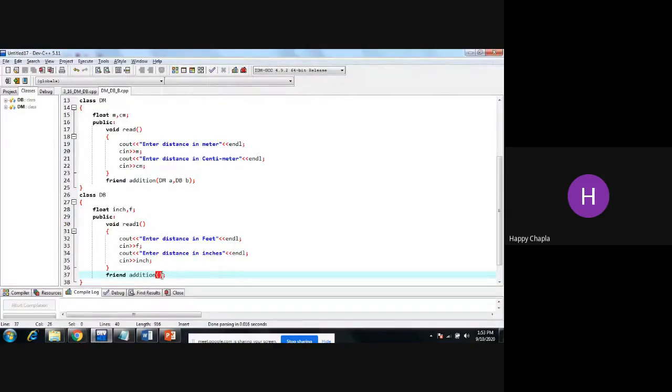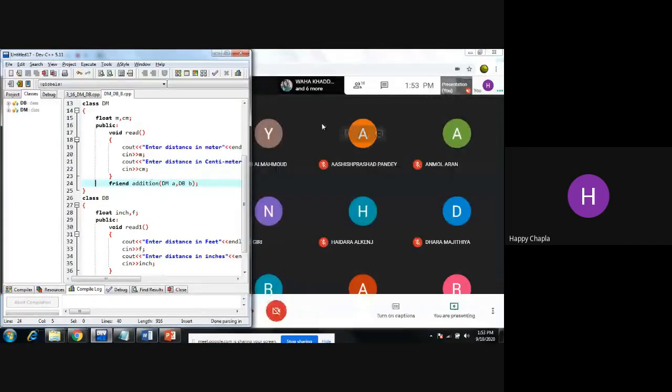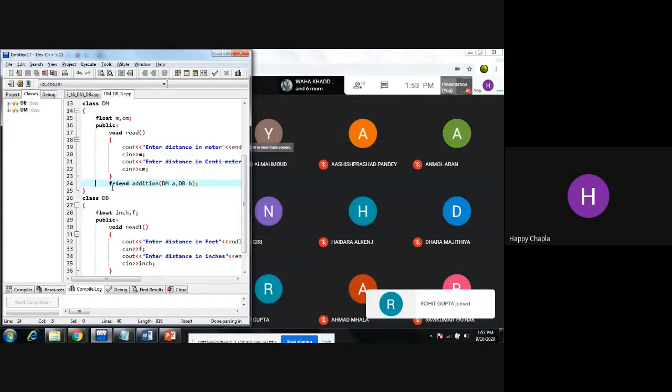Okay, I hope you all are doing this code with me. Is this formation of the friend function correct, or do I need to add something over here? Yes, perfect, I'm missing the return type over here.